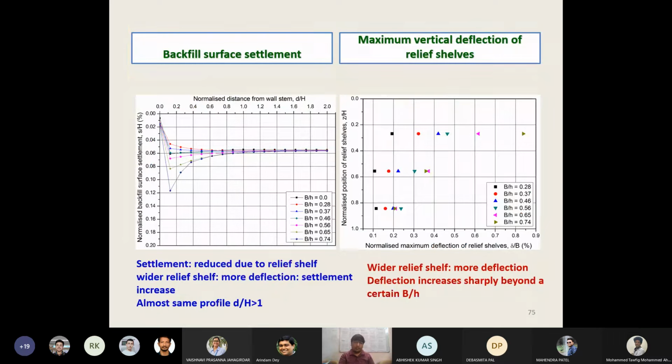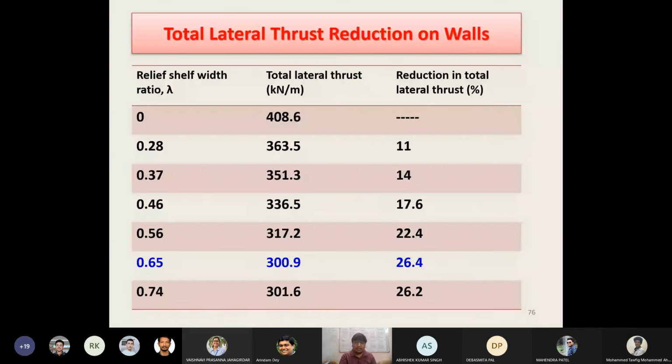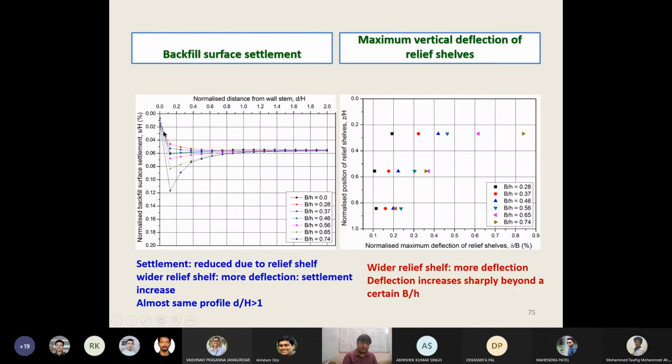So if you can note down what we noted, this much amount of 26% of earth pressure reduction we can introduce with having a relief shelf width ratio of 0.65. Okay. Now another thing, this backfill surface settlement, this is the similar pattern that we noted in the two relief shelves case. Now an interesting thing, if you can see, because this wall was a non-yielding one,